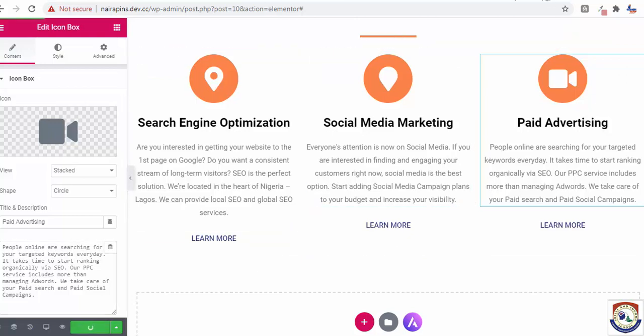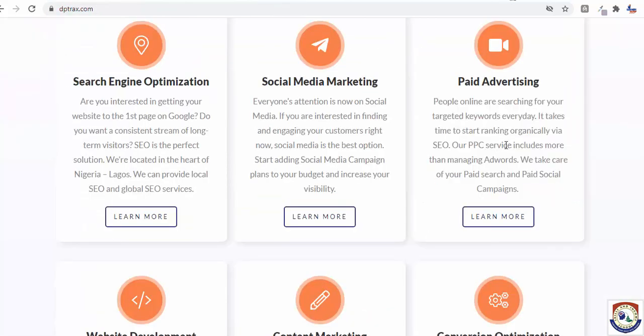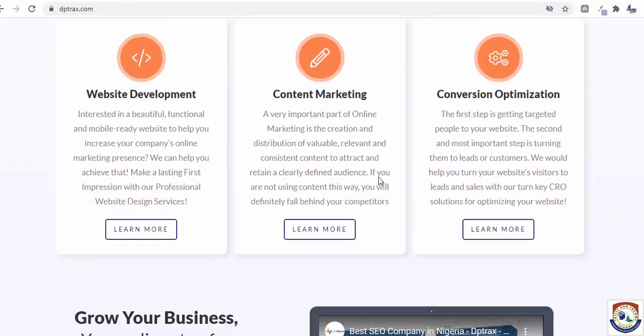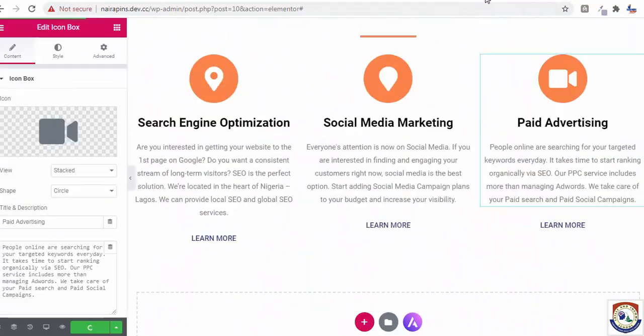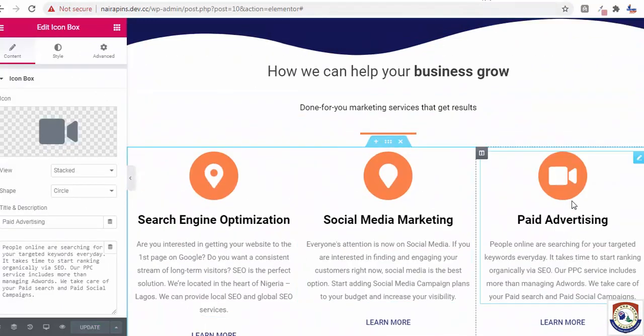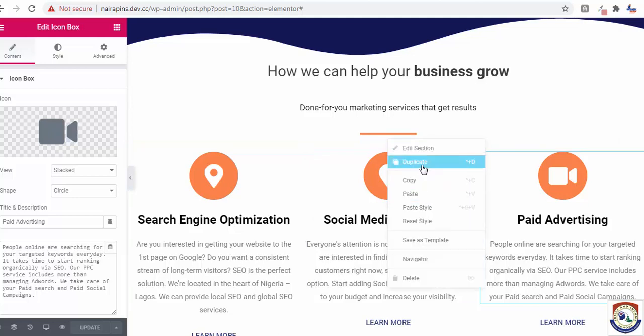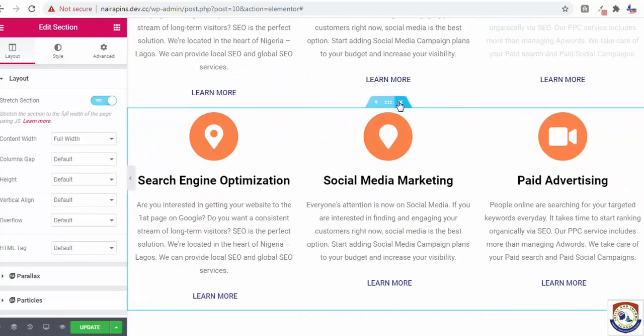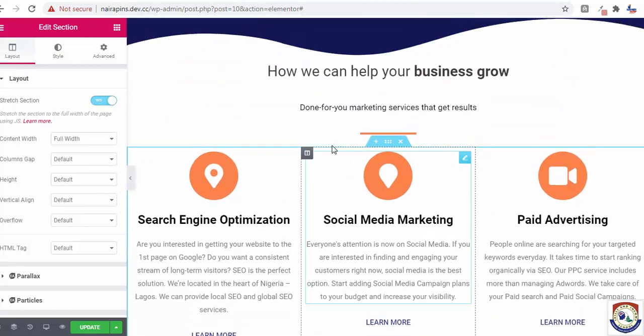Update now. Also, I'll just copy, the way you have done this. Okay, we are just going to copy this. So if I want to copy the whole of this column, what you need to do is this section. This section carries the whole of this column. You just right click here. You click on duplicate. Okay, click on duplicate, and so can you see? It duplicates, updates. So it has duplicated.